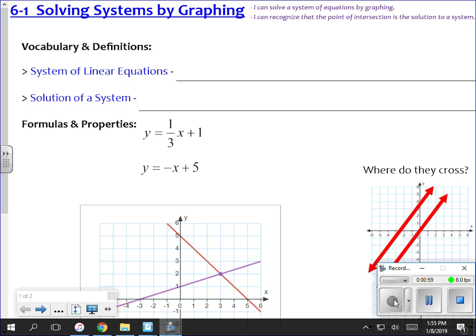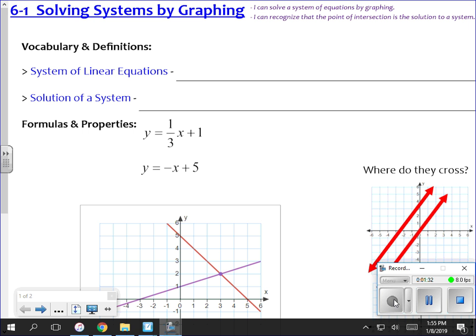Unless you are really, really, really good at graphing lines and really good at being extremely accurate with doing so, it's very difficult to get a good answer. Now, the problems I give you are ones that will be easily solvable by graphing if you do it correctly, but you've got to graph them correctly. But one of the things that I like about solving systems by graphing is it shows you visually what we're